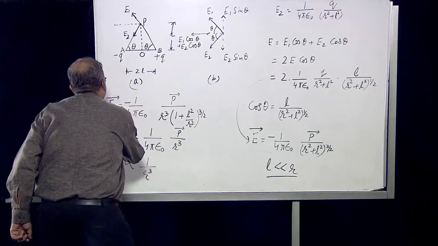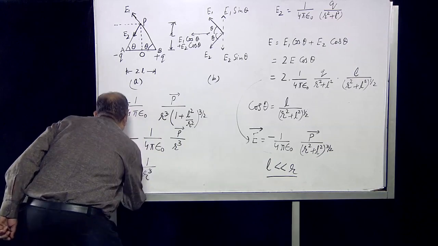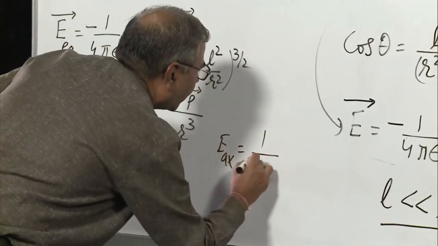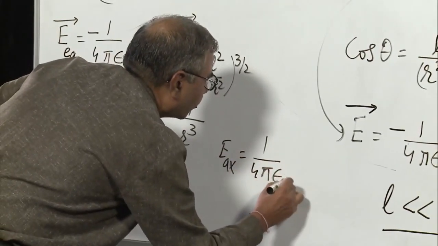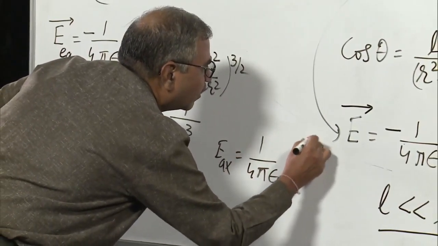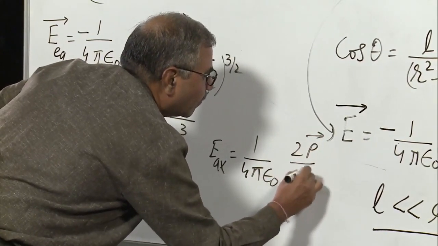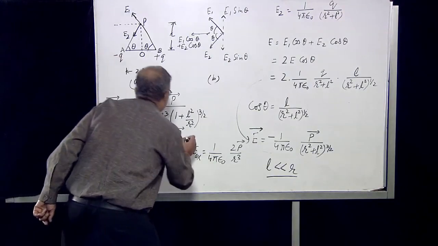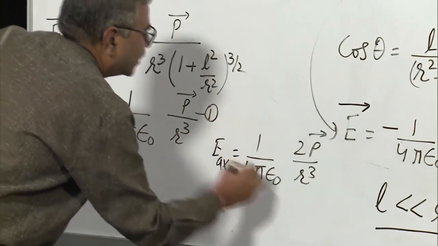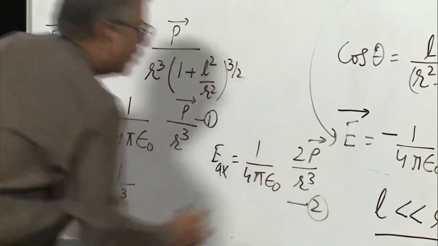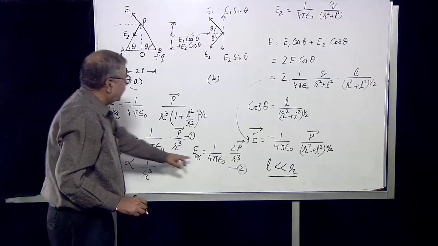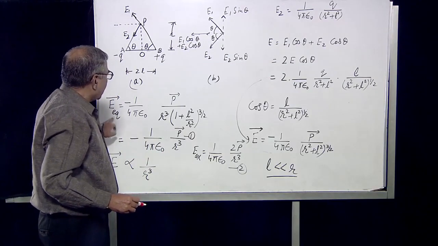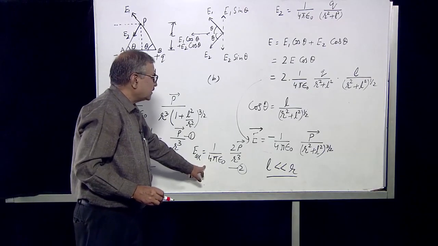This is field on the equatorial line, and the field on the axial line was 1 upon 4 pi epsilon naught 2p upon R cube. So comparing relation 1 and 2, we see that field on the equatorial line is half than the field on the axial line,